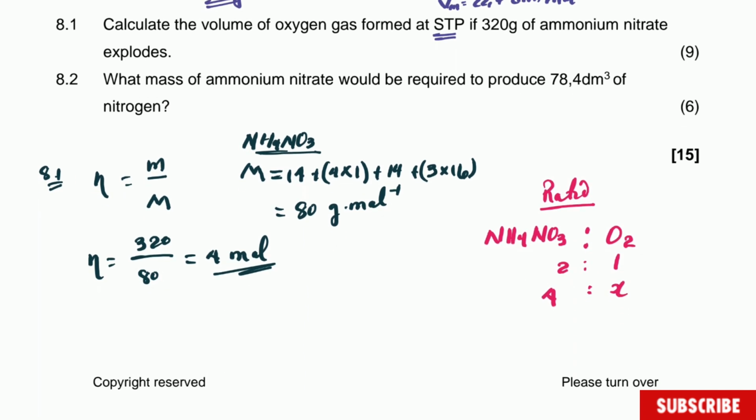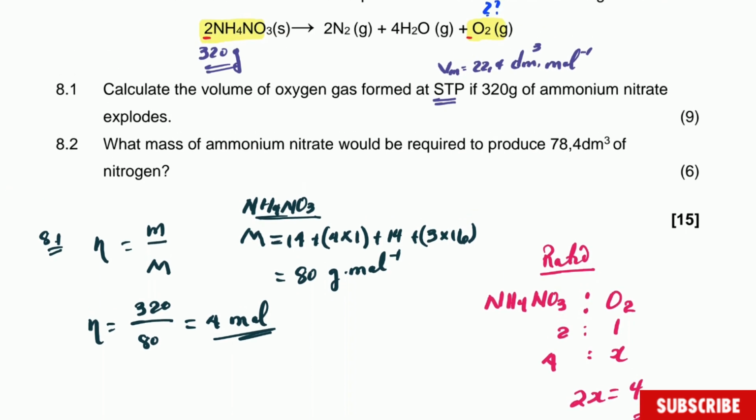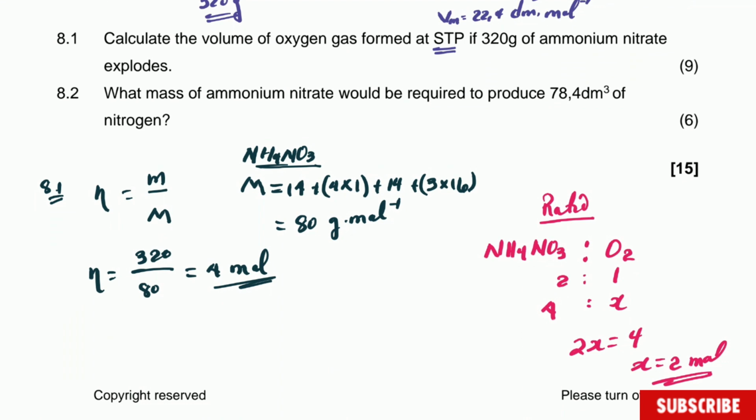This one is a very simple cross product, but it is not always like that. So 2x is equal to 4, so x is equal to 2 moles. You need to know that 4 moles of ammonium nitrate will produce 2 moles of oxygen. So if we use the formula for molar volume, which is very simple, the number of moles is equal to volume divided by molar volume. Then when you substitute, you have 2 equal to volume